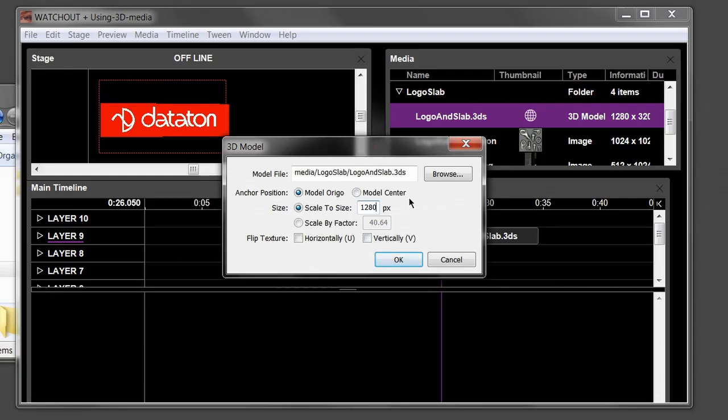But in WATCHOUT, we're dealing with pixels because most of the other things that we work with, still images, display resolutions, and so on, all are expressed in pixels. So that's how you set the size of the object. And I mentioned earlier that a requirement of a 3D file that you bring in is that it has UV